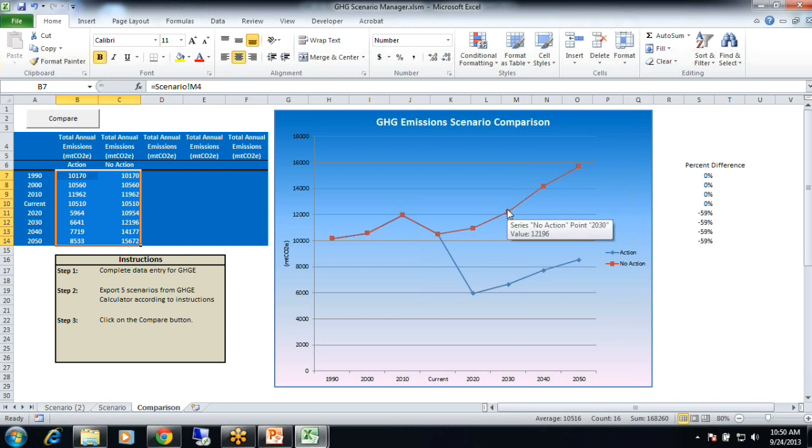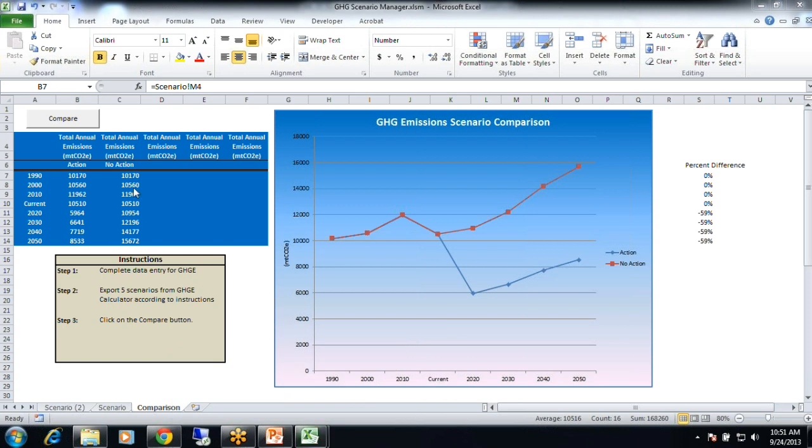So here you'll see a much smaller reduction, like your line will be just barely below this line. But that way it's a truer comparison, because you can compare project to project, because each project is actually being applied to a different size population with different water supply portfolio, with different per capita water use. Am I comparing apples to apples? Am I comparing how much this is going to be a reduction as a whole, or am I just looking at percent? If you're looking at reduction as a whole, you're comparing apples to apples. But if you're looking at percent reduction, it makes sense because you're looking at different populations. So there's two different ways you can analyze projects. Like I said, this way I'm just comparing percent reduction to the no action scenario for the site-specific data.